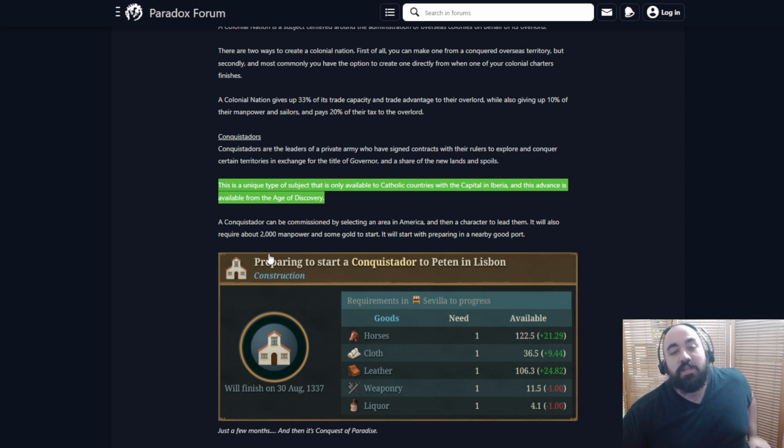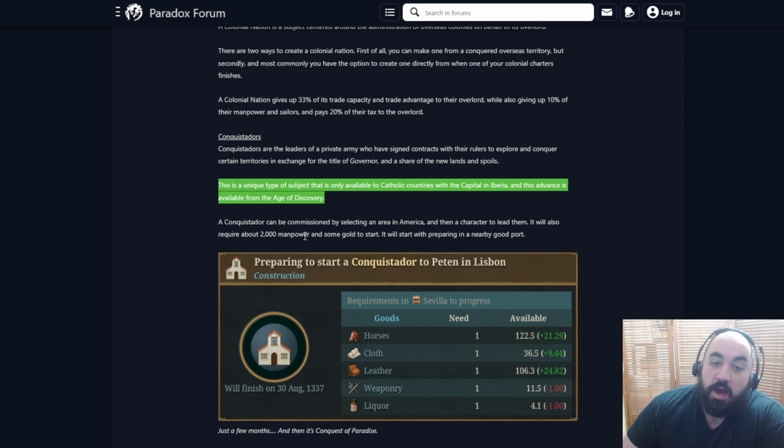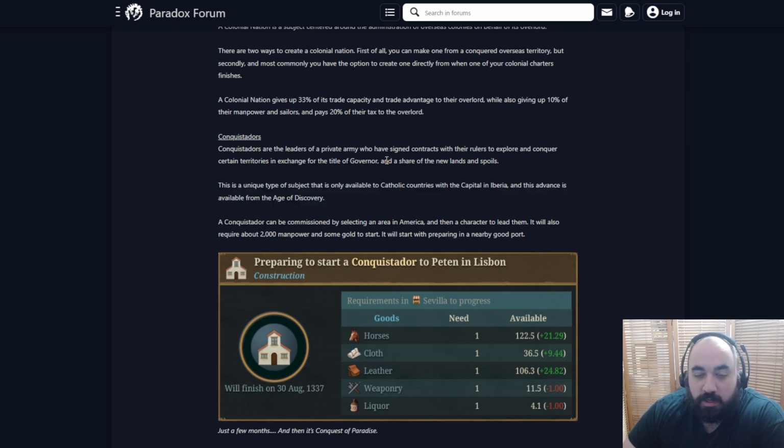And this is incentivizing the Portuguese and Spaniards to... well, not just the Portuguese and Spaniards, right? The Castilians and the Aragonese. A conquistador also has to be Catholic, so you can't do Muslim and then do this, unless there's a way to swap religions. So no Al-Andalus getting conquistadors.